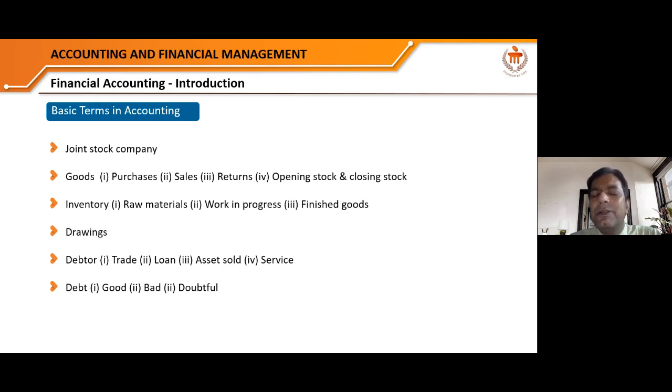A bad debtor is one who is not repaying me my money back. I've tried my level best, but still I'm making efforts, thinking that fine, he will give me, or he has a bad record, right? And doubtful is when I have a doubt that the person might not pay his debt. So that's a doubtful debt which I have. Further,